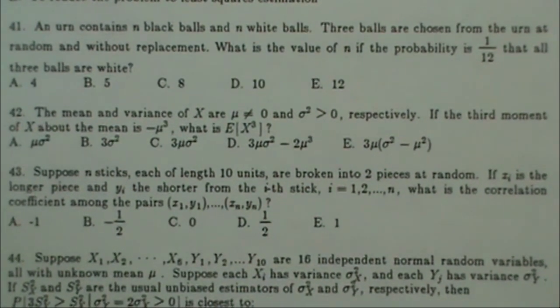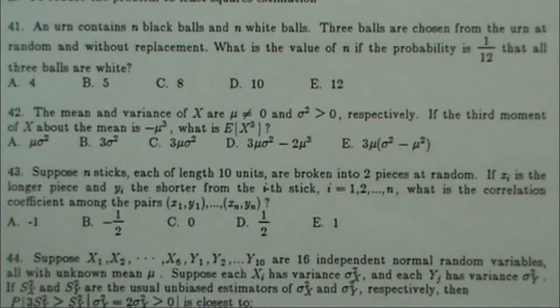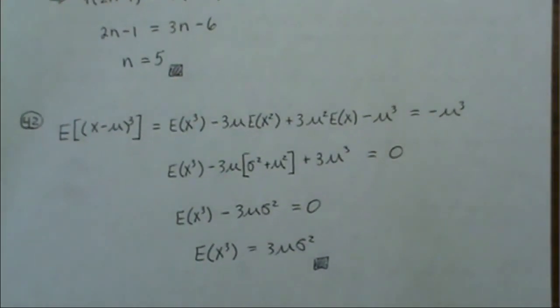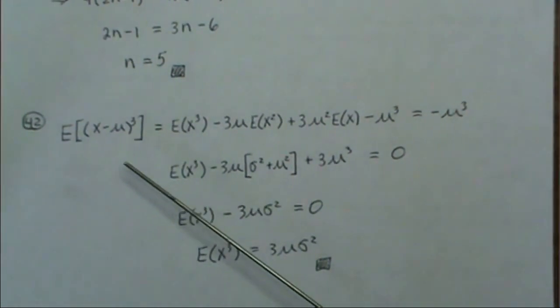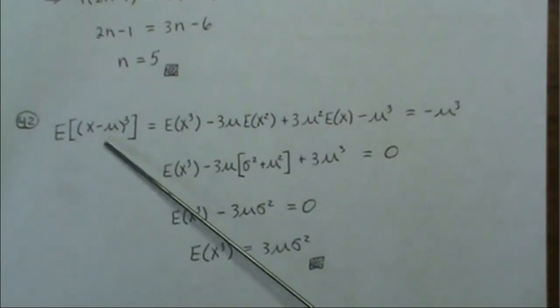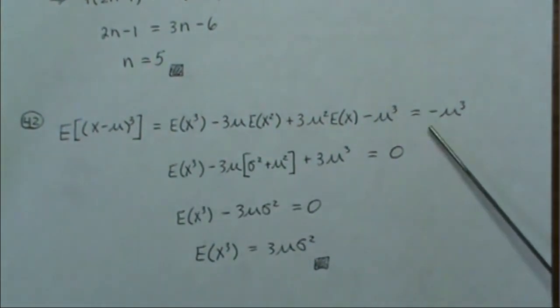Number 42. The mean and variance of x are mu, which is not 0, and the variance sigma squared is greater than 0, respectively. If the third moment of x about the mean is minus mu cubed, what is the expected value of x cubed? So here we want to find the third central moment, which is this expression. Well, we want to find the third moment, but we're given that the third central moment is equal to